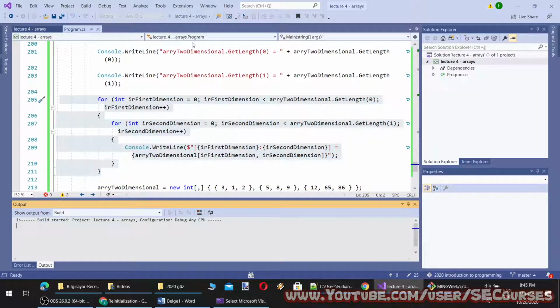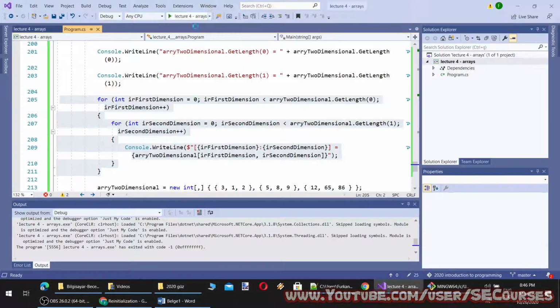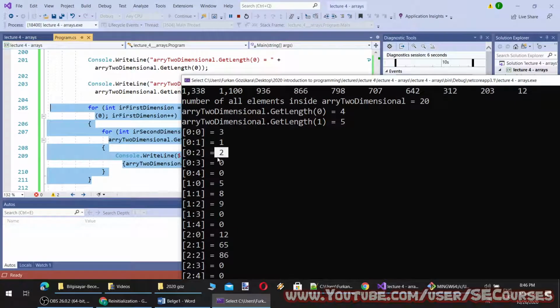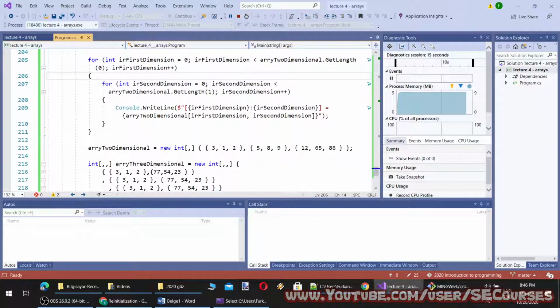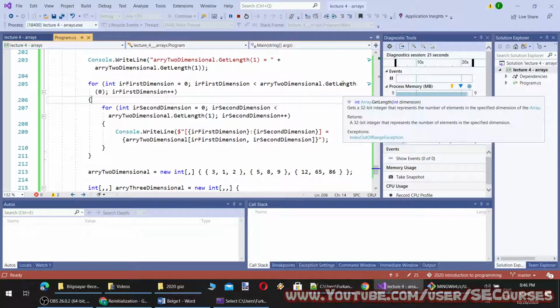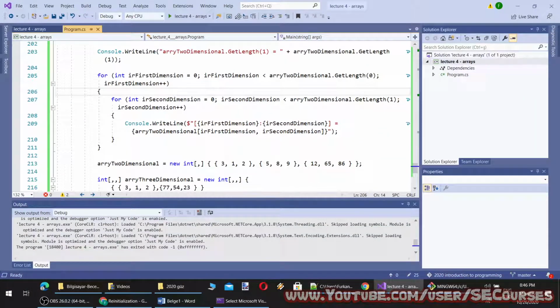With an order we can manipulate. Let's see how it will print to the screen. I need to first stop it. You see 00 element is 3, 01 is 1, then 02 is 2, then 03 is 0, and 04 is 0. Okay. So this is how we can iterate a two-dimensional array. For three-dimensional array, you can also make it like that. So this GetLength method gets the dimension. Can I get the dimension count? Make this more automated? Yes, I can do that.